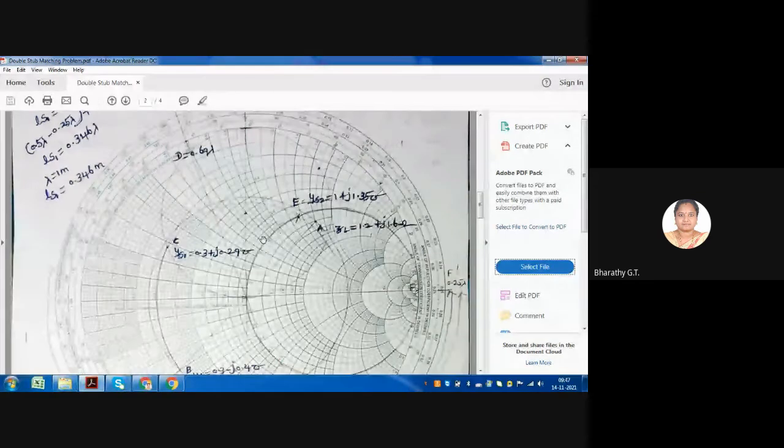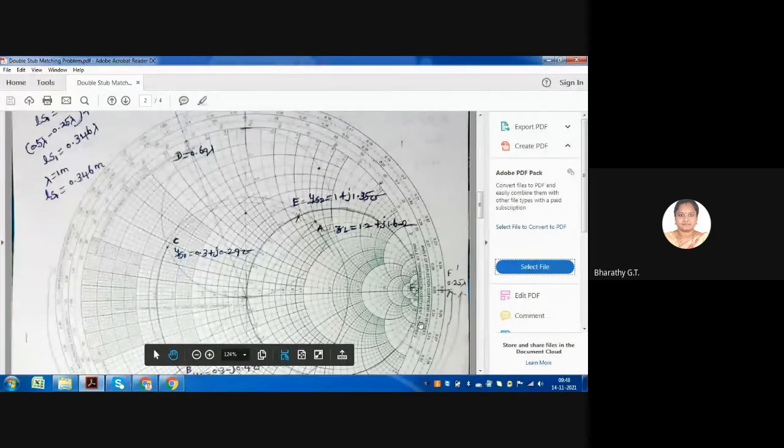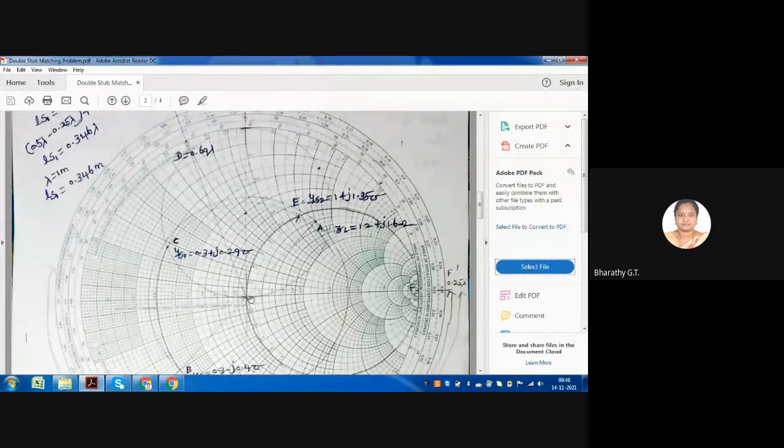இந்த இடத்துல நான் வரைஞ்சிருக்கிற இந்த டார்க்கர் சர்க்கிள் வந்து நம்மளோட யூனிட் ரெசிஸ்டன்ஸ் சர்க்கிள். ஆல்ரெடி சார்ட்ல இருக்கிற சர்க்கிள் I have just darkened it. So the only difference here is instead of drawing the G equal to 1 circle next to the R equal to 1 circle, you are drawing it on top of it, on top of the Smith chart. So உங்களுக்கு வந்து யூனிட் R சர்க்கிள்ங்கிறது இந்த இடத்துல ரைட் ஹேண்ட் சைட்ல இருக்குது. Lambda by 4 டிஸ்டன்ஸா இருந்ததுன்னா யூனிட் G சர்க்கிள் நீங்க லெஃப்ட் ஹேண்ட் சைட்ல வரைவீங்க.